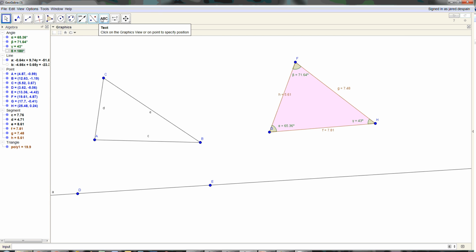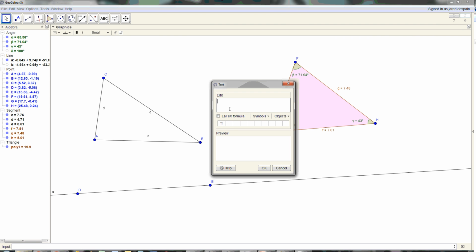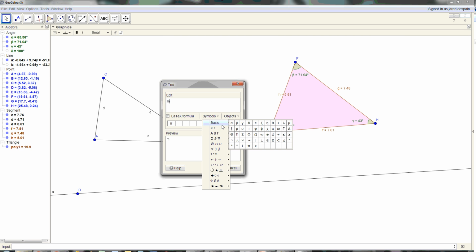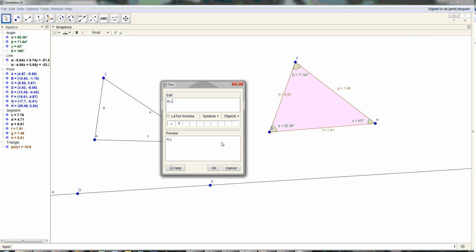So if I go over to this tool, right here, there is our text tool. So if I plop somewhere. What I want to say is, what are our angles named? We have G, F, and H. So I want to say the measure of, I think I got an angle symbol in here. I had it just a second ago. Oh, but there it goes. There it goes. Measure of angle F